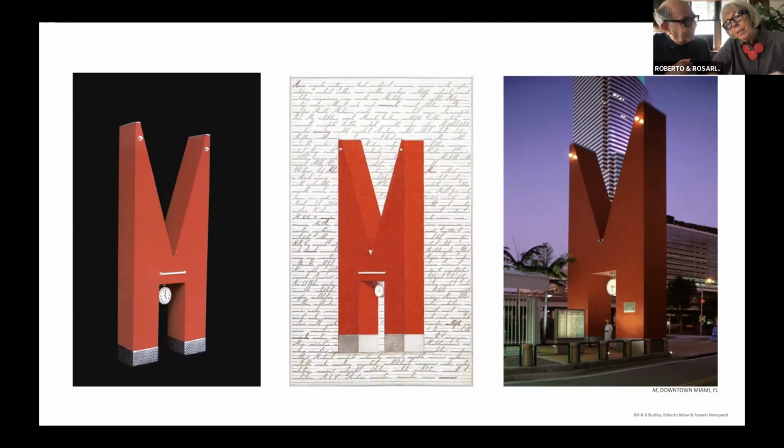So these 3 projects that we will show you first are just to show you the way that we work. We are not, for example, light artists, or that we work with glass or we work with ceramic. It all depends on the reality of the place, the geography of the place, the event itself. If you are doing, for example, this M in Miami, it was the 100 years celebration, the first 100 years celebration of Miami. So it was one type of theme.